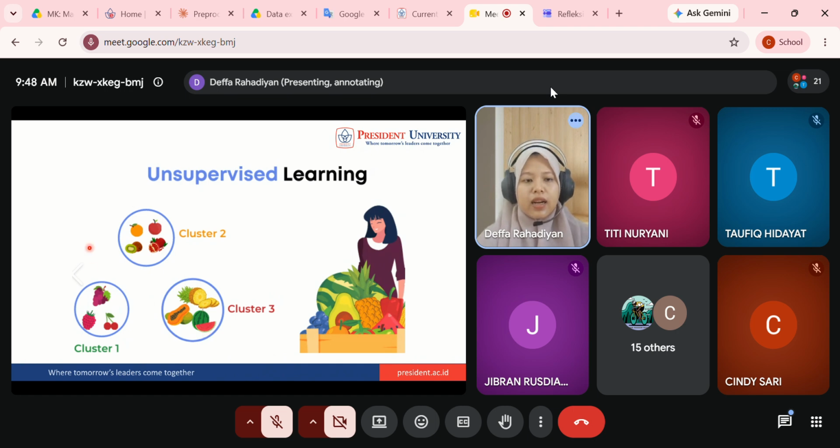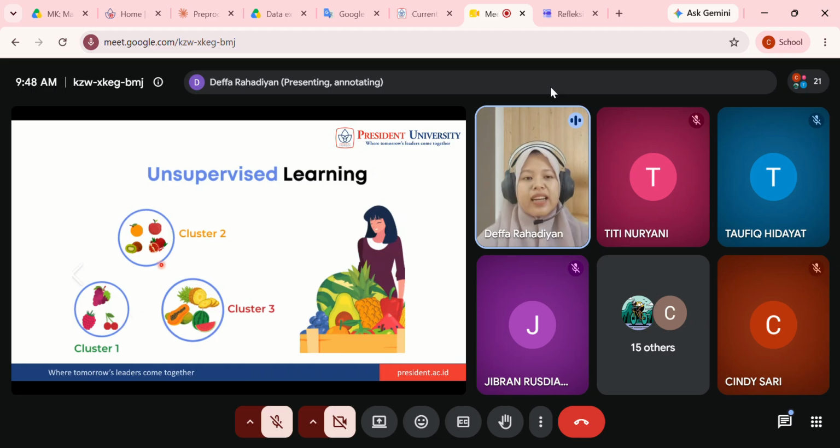Now in here, based on this illustration, I believe that they cluster the fruit based on not only the shape but also the size of the fruit. If you can see in here, this is a small size, this is the medium size, and this is the big size of fruit. If the size is small, they will cluster into the same group. For example, we have grape, berry, and cherry. Since they have a small size, they will cluster into the same group.